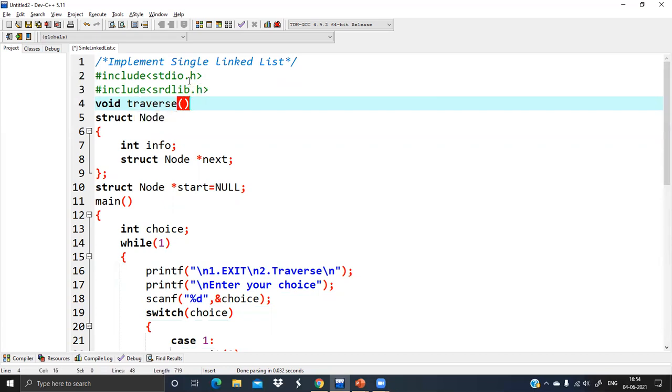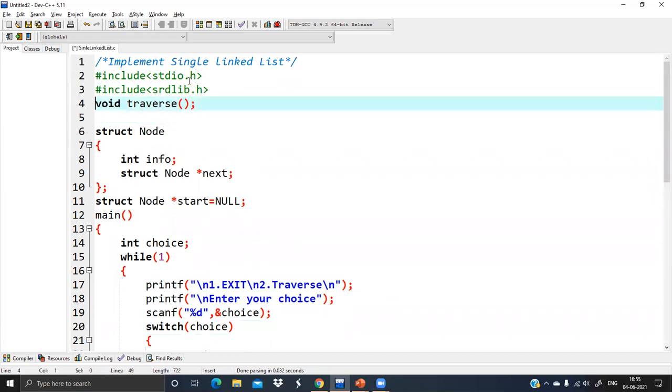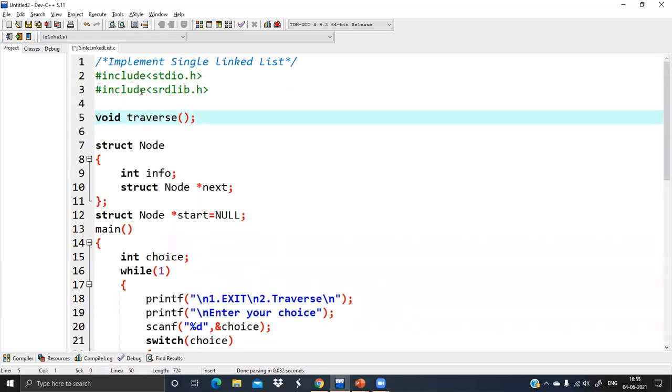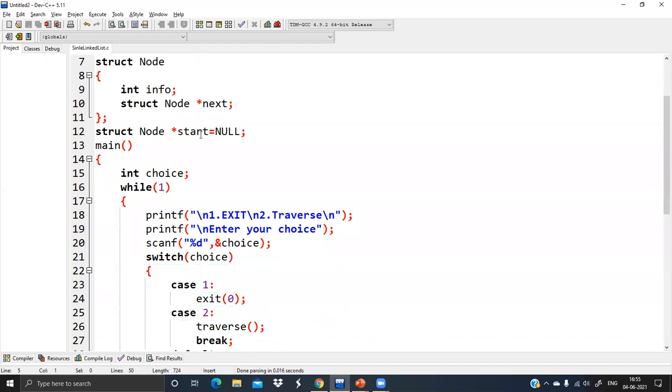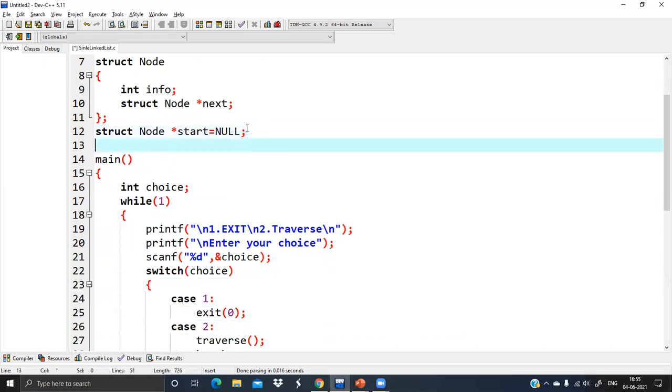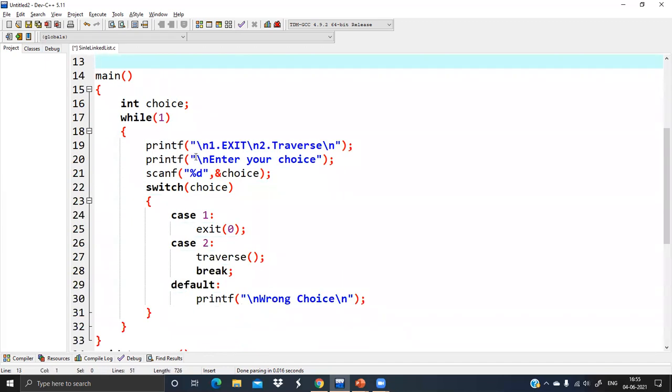traverse, the function prototype. Okay, so everything we have written: we have set the header file, given the function prototype, defined the node, and declared start as null. Then you have given two options till now, one for exit, two for traverse. You're asking the user what is your choice. Whatever option the user provides will be stored in the choice variable.